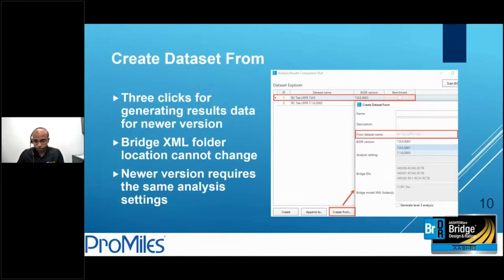As you can see on the window on the right hand side, you just have to enter the new name, and you can enter a description, and then you can pick which BRDR version you want to compare against. Now, let me tell you, there's one thing that is very understandable from here, is that you can use this tool to compare between version A and version B, but you can also use this tool to compare